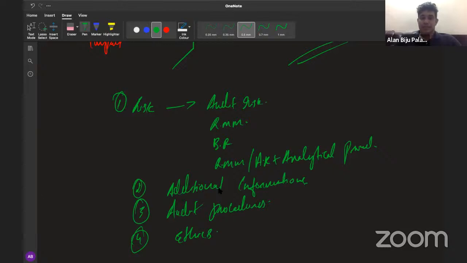So please revise the areas of 50 marks. Please go through the notes of audit risk as well as the areas of business risk. And in case you've got any doubts in this area, please ask me tomorrow. Okay. All right. So that's it. So please go through the areas once again and revise as much as you can, and try to practice